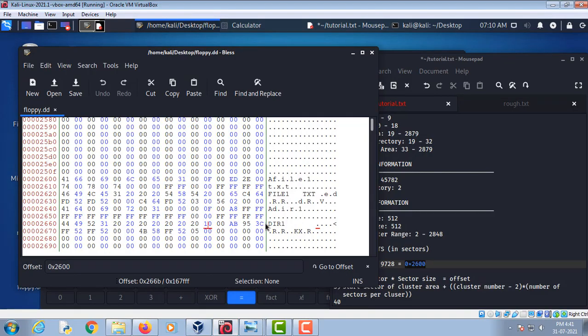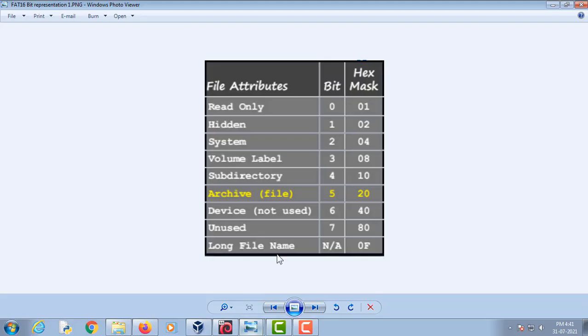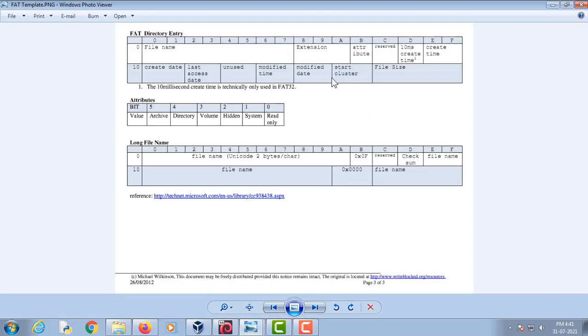Now we have to go inside this directory dir1, since file1.jpg is located inside dir1. So for this purpose we will need the start cluster of this file. The start cluster is situated after 4 bytes: 1 2 3 4 5 and 6.